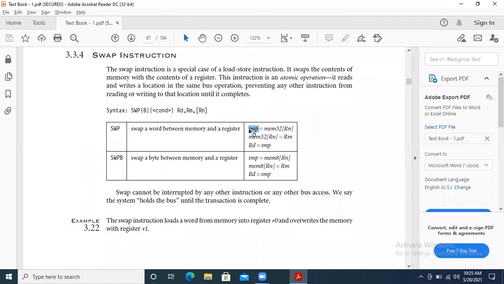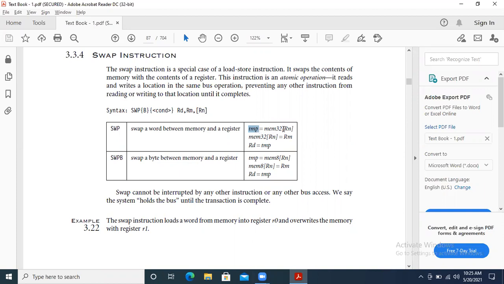If you observe these three lines, you can get a very clear picture. First, whatever the data in Rn, this Rn data I'm transferring into the temporary.